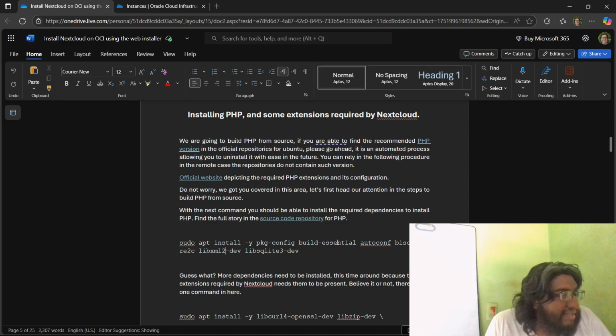Official website depicting the database PHP extensions and its configuration. Do not worry, we got you covered in this area. Let's have attention with the next one. So the required dependencies: install PHP. We can click here,